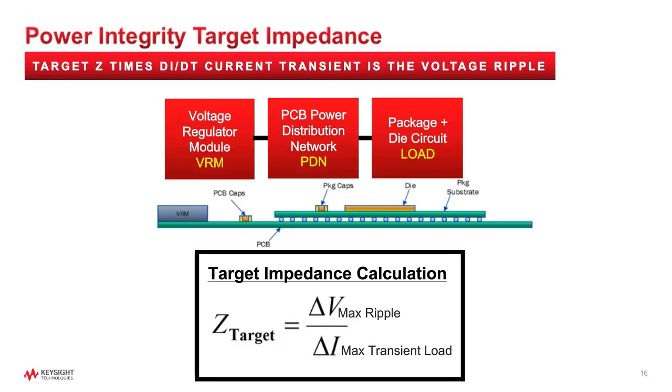The power integrity engineer must get the power from the voltage regulator to the package die load. Any parasitic inductance in the path can react with the fast-changing di/dt of the load to create noise ripple on the power rail. A simple target impedance estimate shown here is used to determine how low the impedance must be to avoid exceeding the maximum noise ripple specified by the load. This target impedance is the first step in design and is simply the delta maximum allowed voltage ripple divided by the maximum delta current transient.